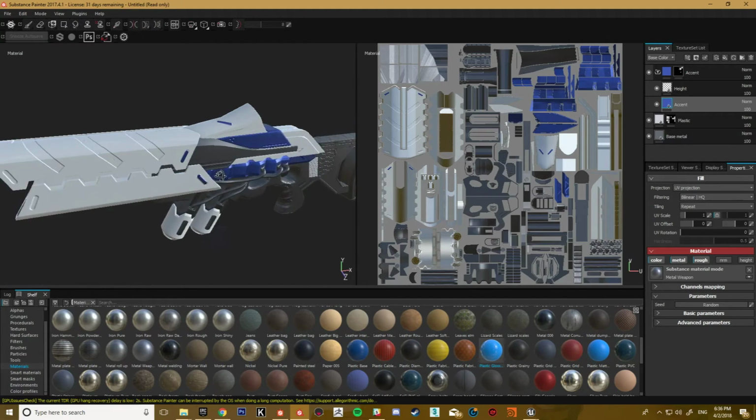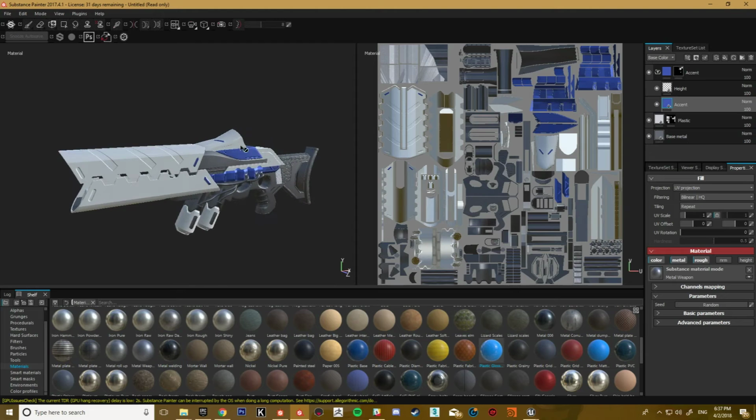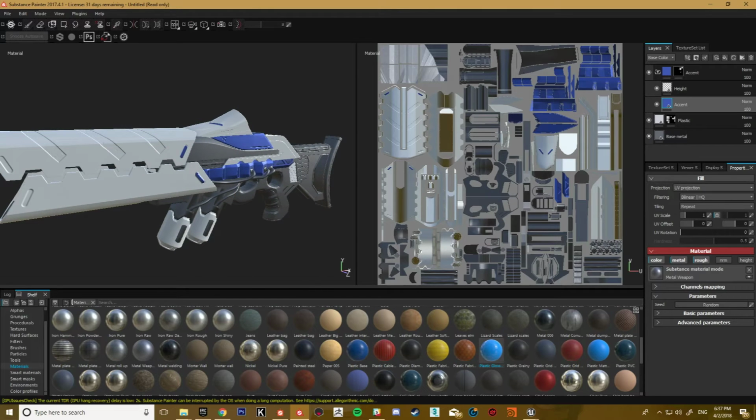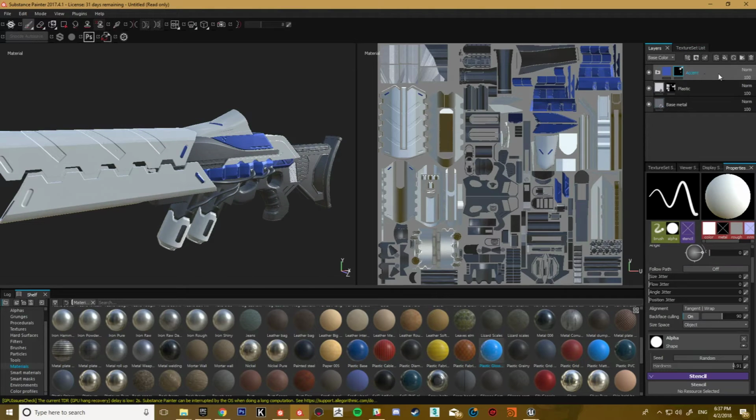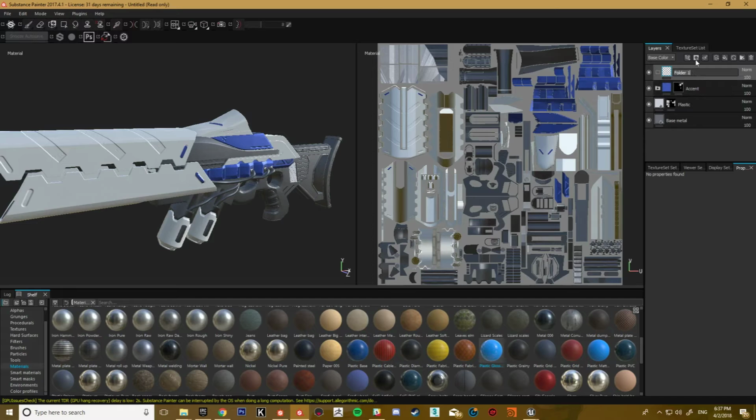off, is bring this information that I've just painted out of substance. So I want to have a mask that will separate the blue areas from the white areas from the metal areas, which is currently just 3 layers. So maybe we can just add an extra one as well. I'll just quickly do a new folder, and I'll call it dirt.